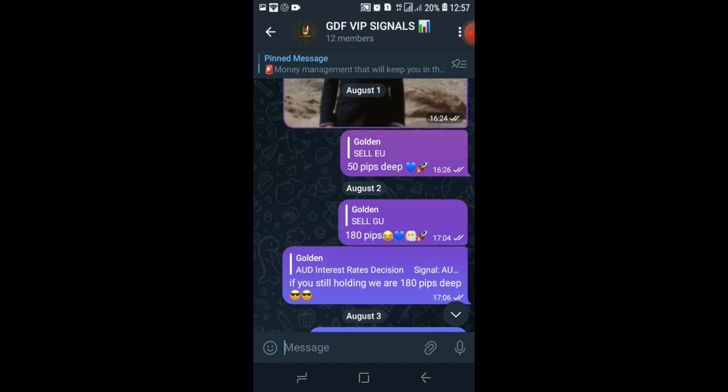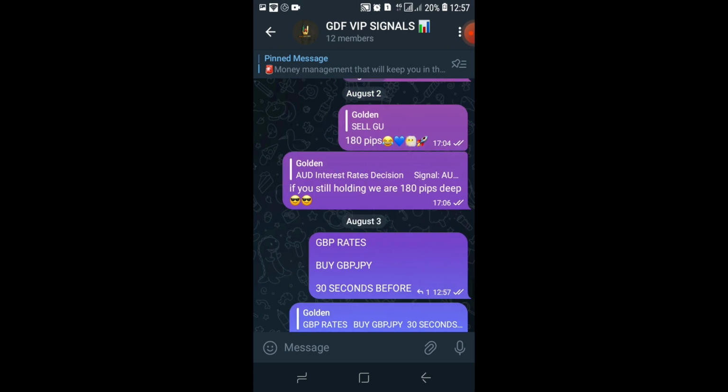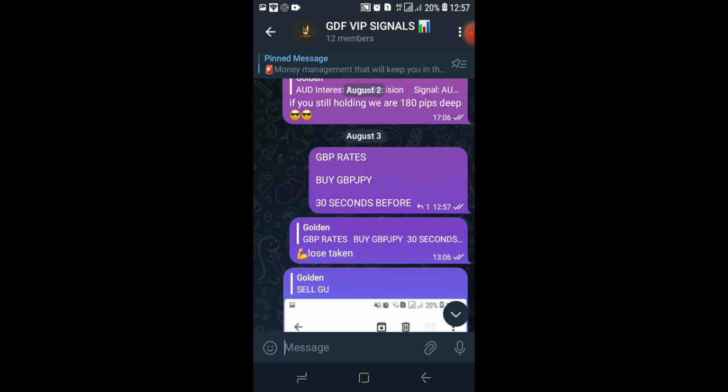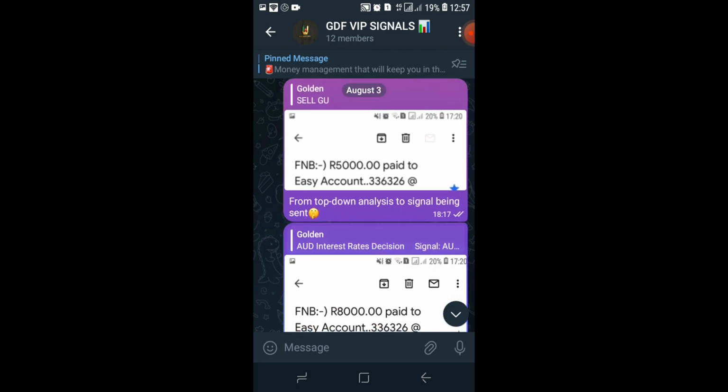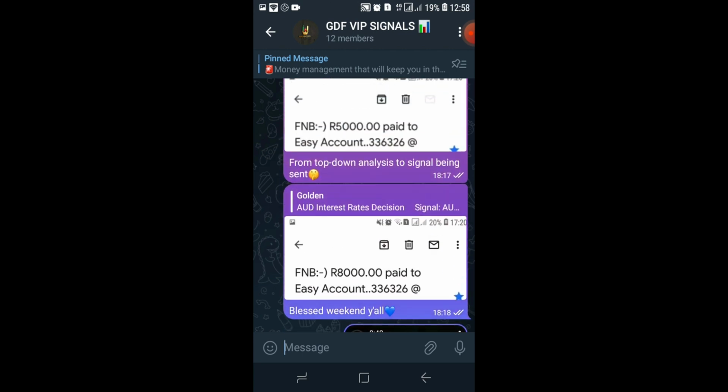Okay, and as you can see, we also traded the GBP interest rate, but it was an L. We took an L on the GBP interest rate, and that's how much I made from GU, and that's how much I made from the interest rate. So all of this went from a top-down analysis to signals being sent, up until this point, which I find to be the very best way to teach someone who's looking to enhance their skills when it comes to trading. So now I'm going to be going into the chart and showing you the exact